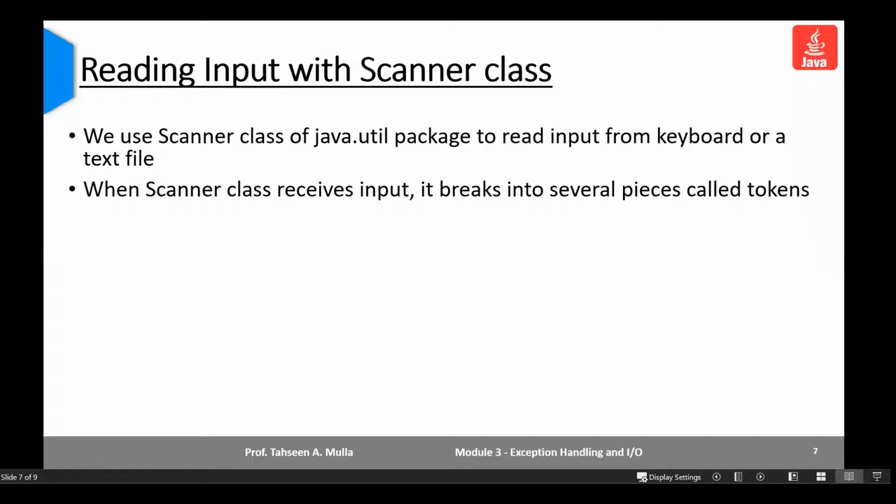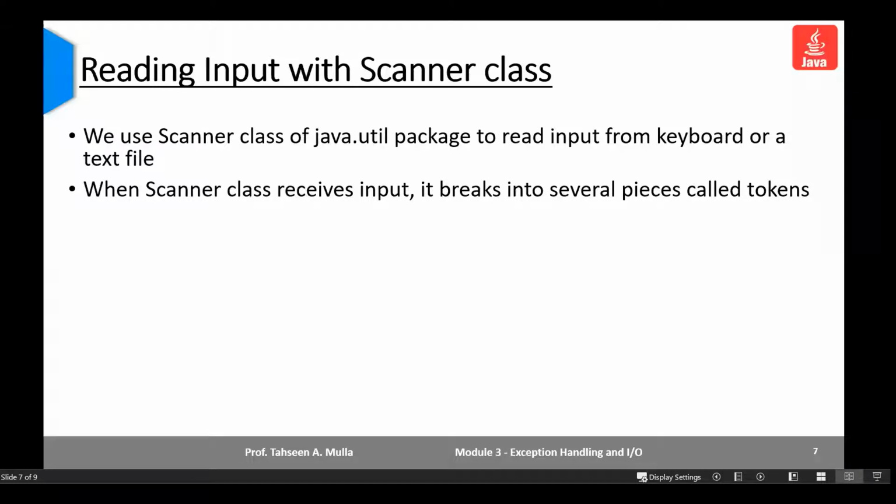Whenever it receives input from the keyboard or from an external text file, it divides the entire data received into small pieces. The technical word we use to represent these pieces of data is token.